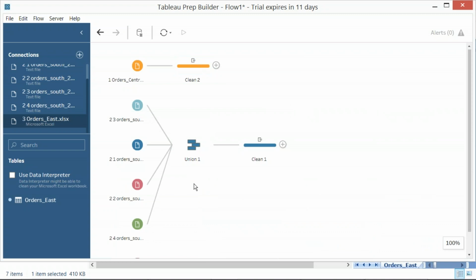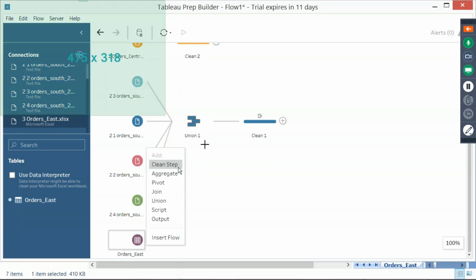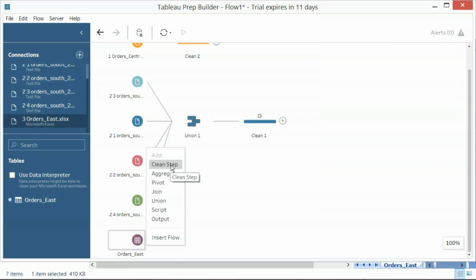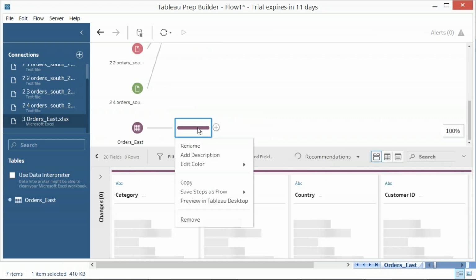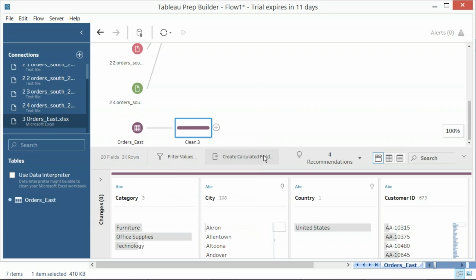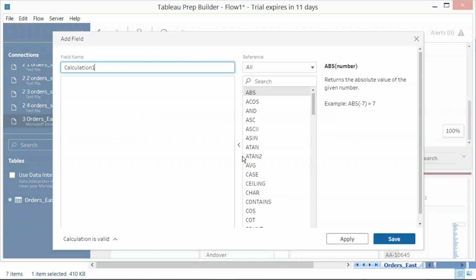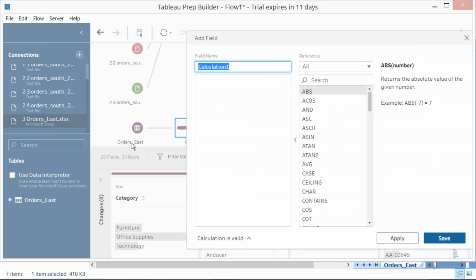Same way we have east, again clean step. Click on clean step and click on calculated field. And here you would like to add the appropriate region, east.